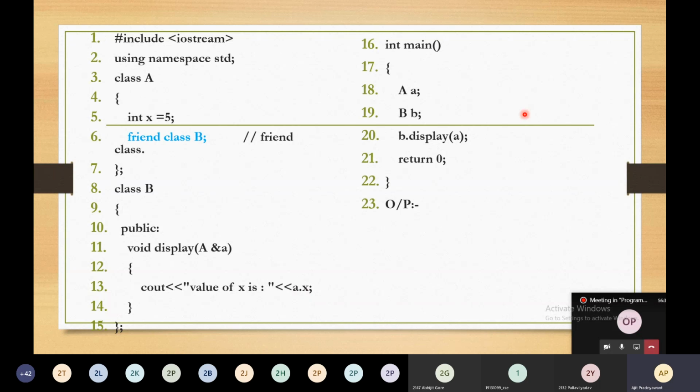So the output of this code is simply: value of x is 5. Value of x is 5. So this is the way your friend class will work. It is similar to your friend function. So what we have seen here, we have seen friend function as well as friend